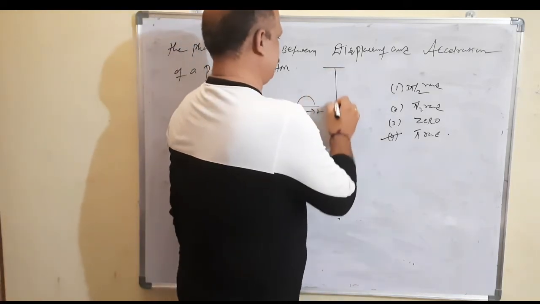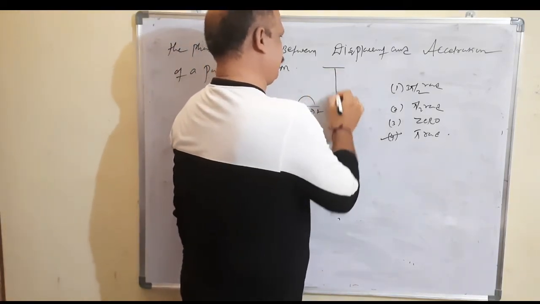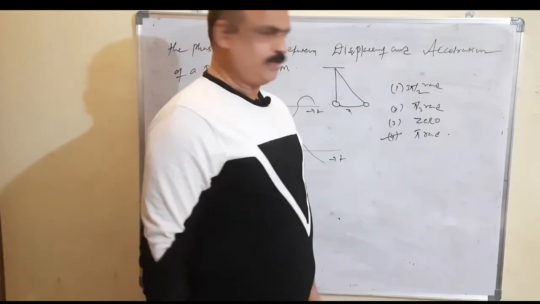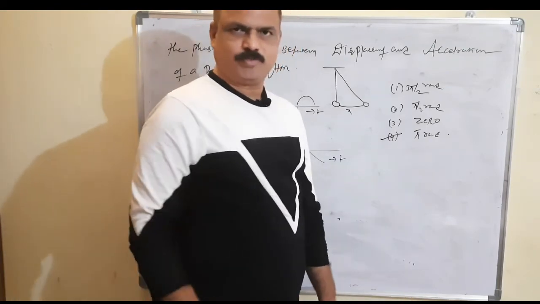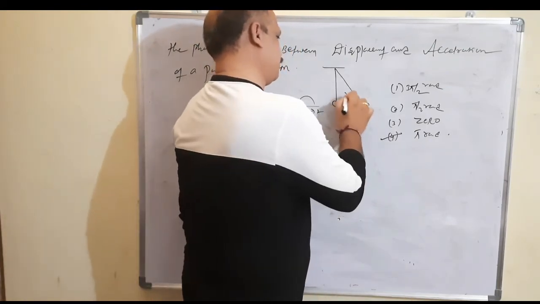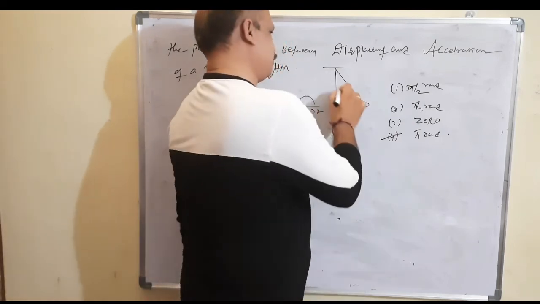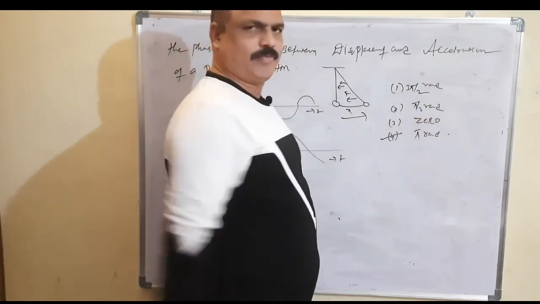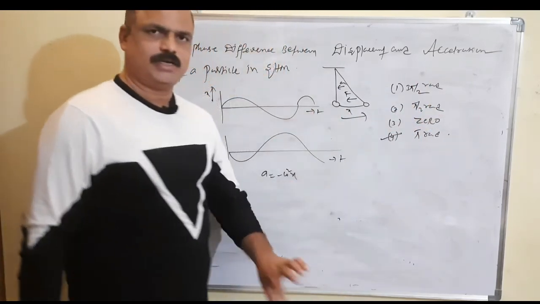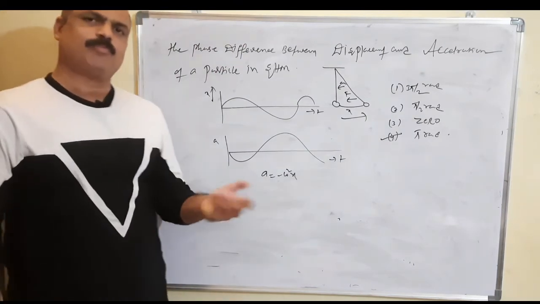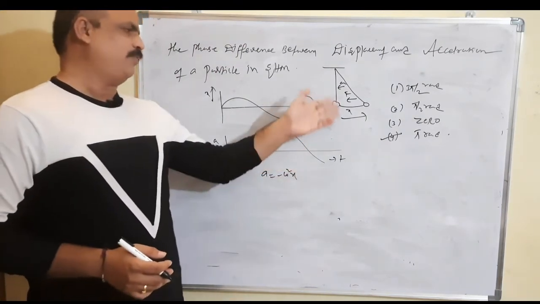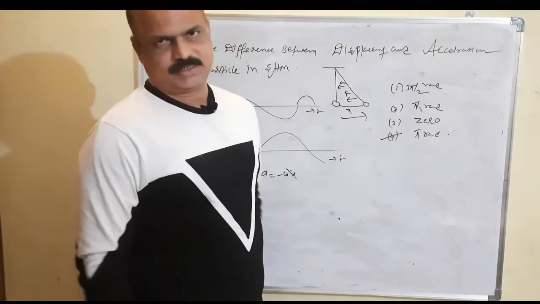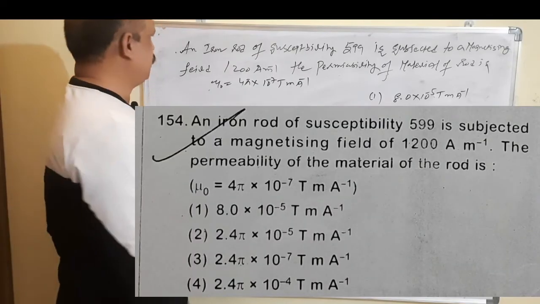So here this is a simple pendulum. Whenever this simple pendulum is displaced through a displacement x, then what happens here? Restoring force is developed in the simple pendulum, so that the restoring force is acting towards the mean position. So the direction of acceleration is towards the mean position. What is the direction of displacement? Away from the mean position. So here acceleration and displacement are in opposite directions and they are proportional. So what is the phase difference between the acceleration and displacement from the graph? Pi radians.